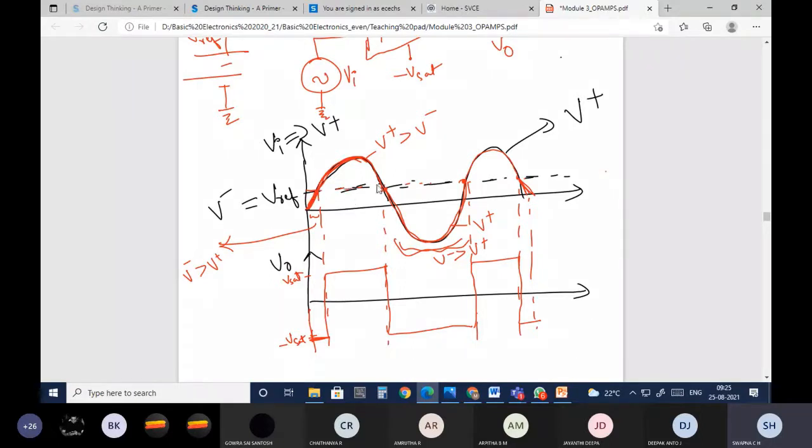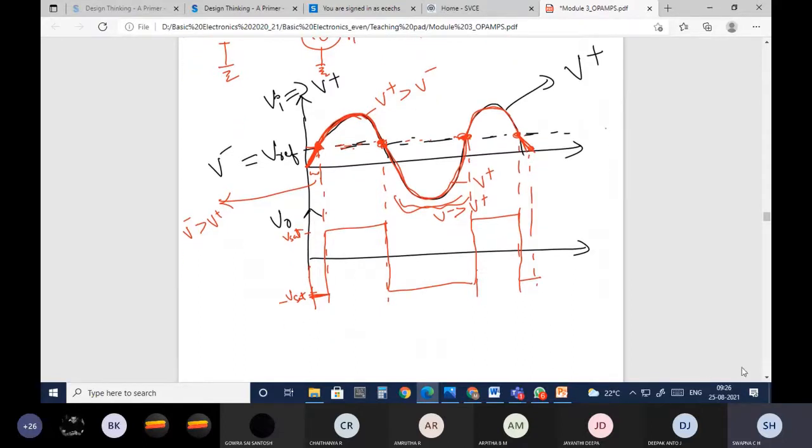Okay, so this is the reference line. I have taken the waveform as starting in this direction. So for this entire portion, I have to find out what the output will be. Then again above this line, this portion of the waveform is above the line. Again below the line, from here to here is below the line. So for that complete thing, you need to identify the output. From here to here again, from here to here again. And this is how it goes.